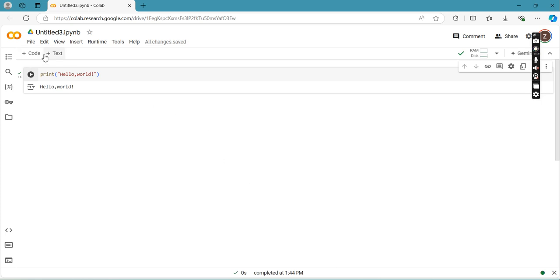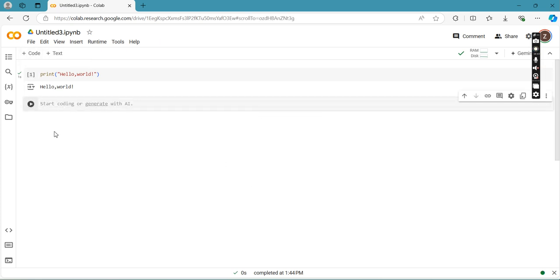So, for instance, we will be modifying our code. Okay, so I'm going to use the input function. Then I'm going to ask for the name. Okay? Since we're going to ask for an input from our user, it is proper to store it in a variable.